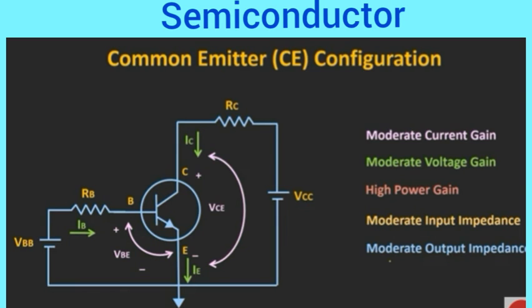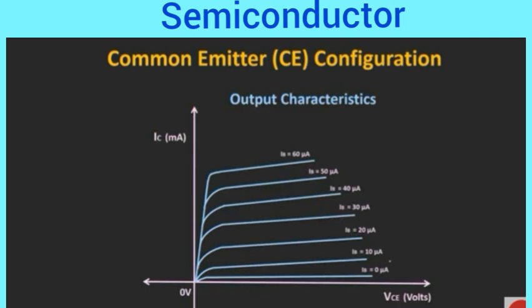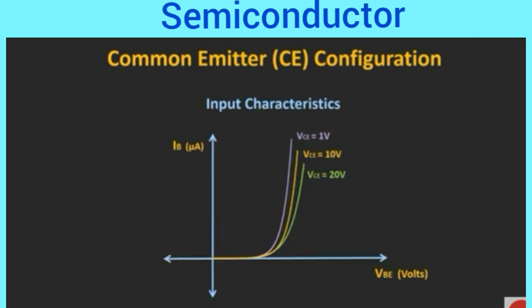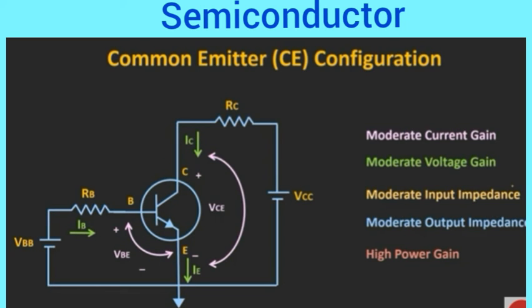Now if we talk about the input and output impedance, these are in the moderate range. In this configuration typically the output impedance is in the range of 50 up to 100 kilo ohm. Although it's high, it's lower compared to the common base configuration, because if you see in the output characteristic, these collector curves are not perfectly horizontal. Similarly, the input impedance is typically in the range of kilo ohms, and that can be found by finding the slope of this input characteristic. So the input impedance or input resistance can be given as delta VBE divided by delta IB.